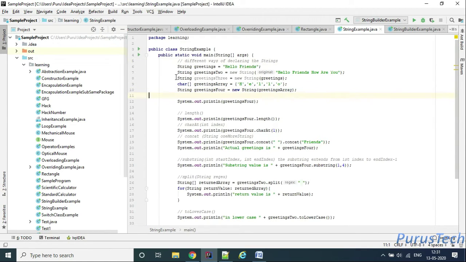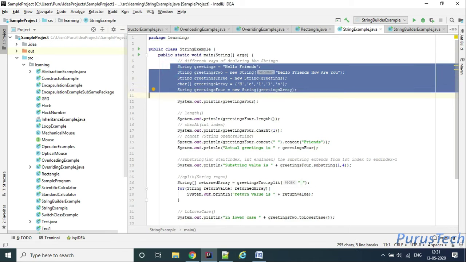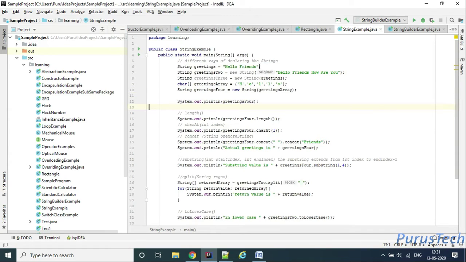These are the different ways in which we can declare a string. First thing is using literals. This is called a literal because we are directly giving a constant value to it. Second, we can define it like this: String greetings2 equal to new String of, and you can pass any string value here.